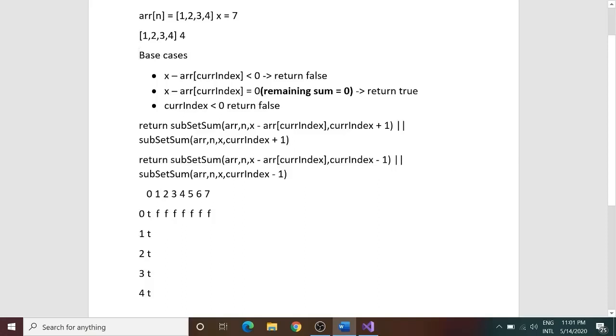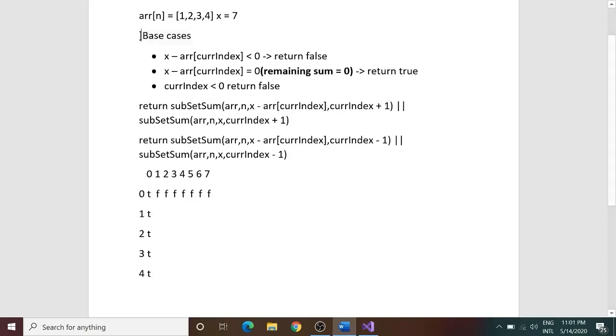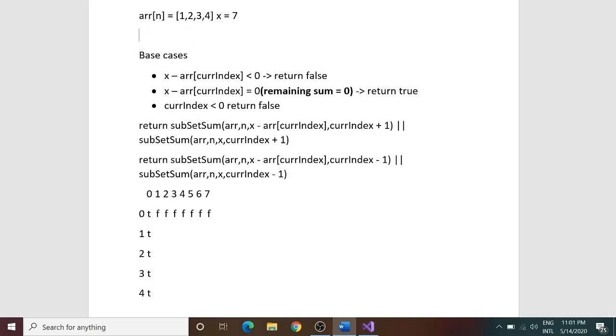So what we can do is that if we see these two elements as same, again, why these two? Because the element present in the array currently is equal to the subproblem, or the amount of sum left we are asking. It means that I am left with a sum of 1 and I have an array of 1. So it says that I have a 1 in my array and I am left with a sum of 1. So can I make 1 with any of the subsets present in this set? Yes, I can make it. So it would be true over here.